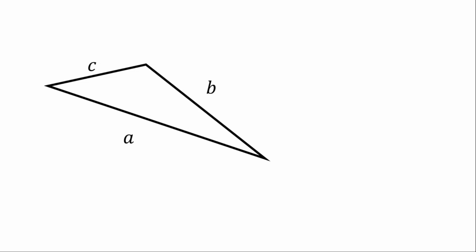Now, if I were to ask you whether or not A plus B is larger than C, would you agree? Well, just looking at this picture, it's pretty clear, because you can directly see that A plus B is going to be larger than C. But can you give a bit more evidence? So, how do you prove that? Well,